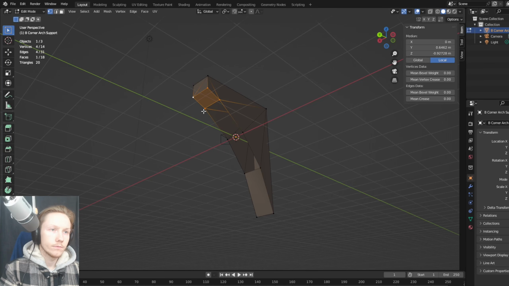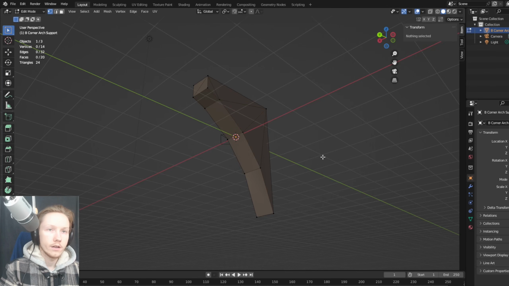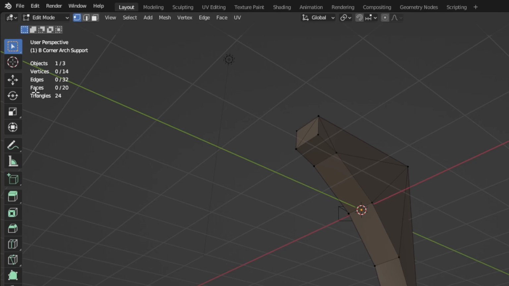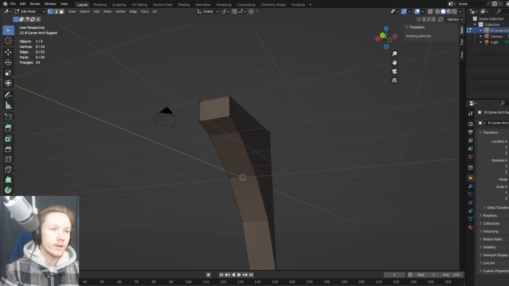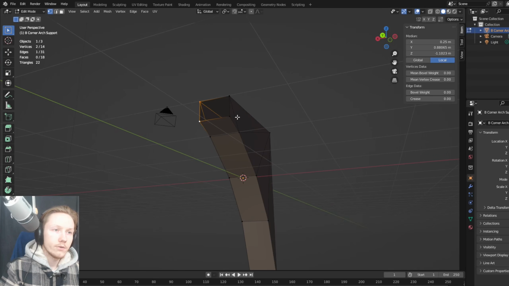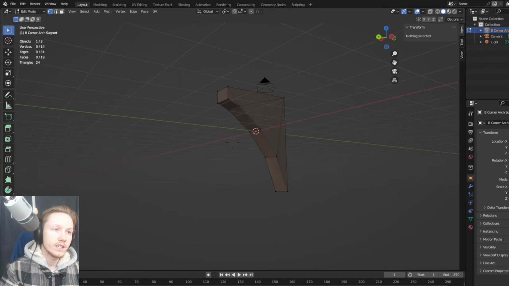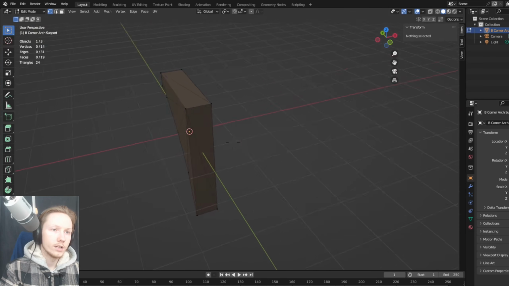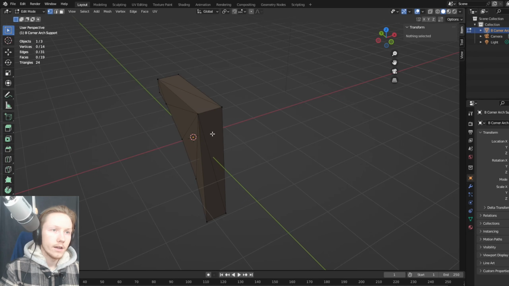I'm going to take all of these and turn them into squares. You'll see that the tri count is still 24, but the face count has dropped. I really don't know how much that matters. I'm going to go ahead and do it anyways, just because it makes my mesh look a lot neater. And in fact, while I'm here, I'm going to delete these back faces here,